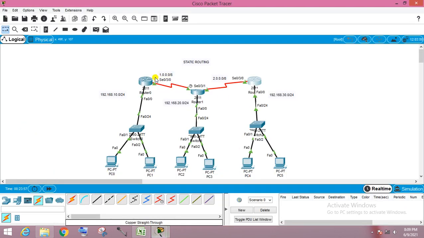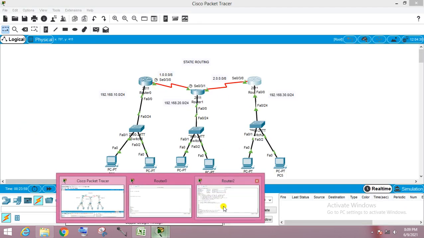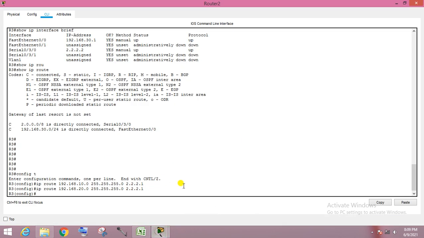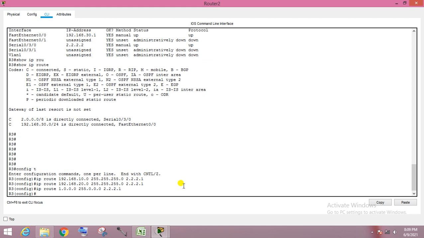This one. So we have to go here: IP route 1.0.0.0 255.0.0.0, because it is a class A IP address, with next hop 2.2.2.1. Isn't it?